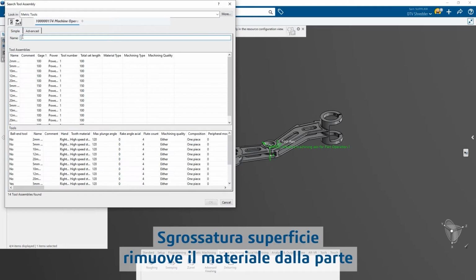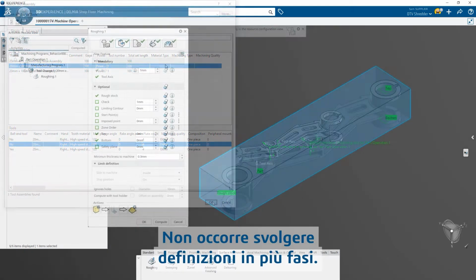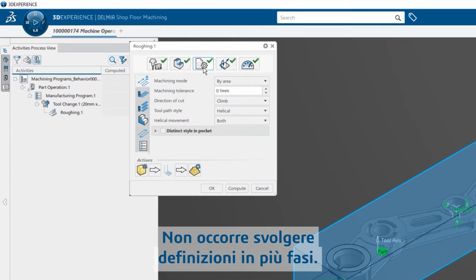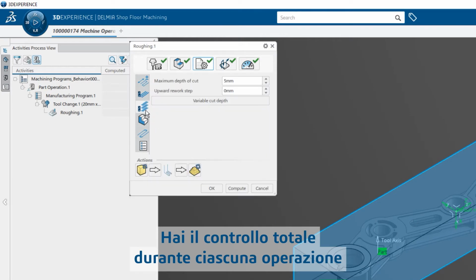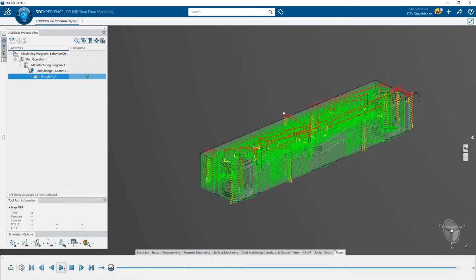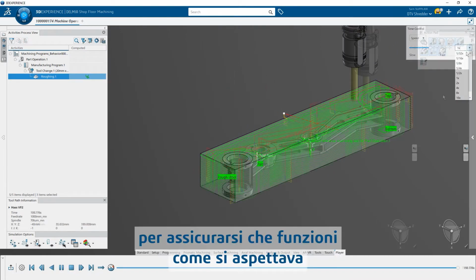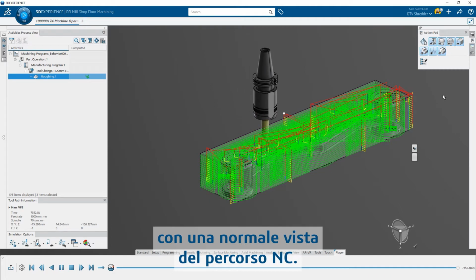Surface roughing removes material from the entire part using the surface geometry as a reference. There's no need to define this in multiple steps. You have full control during each operation to optimize the process to your liking. Once calculated, you can review the toolpath to ensure it performs the way you were expecting in a traditional NC